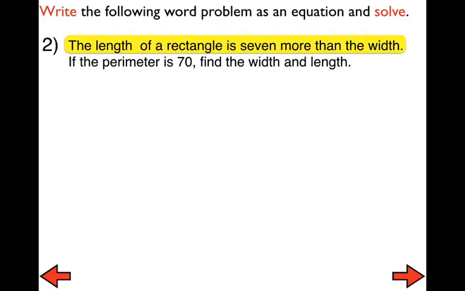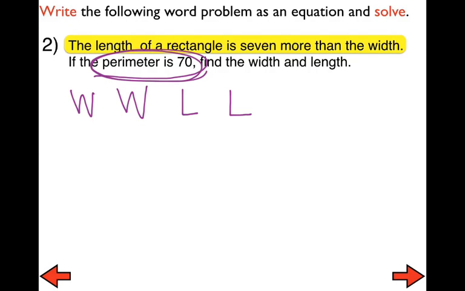The length of a rectangle is 7 more than the width. The length is more than the width, so the width has to be listed first. And like the last problem, we're listing 2 widths because we are finding the perimeter. Every rectangle has 2 widths and 2 lengths. And as long as we make sure to list the smallest thing first, we can represent that with the letter